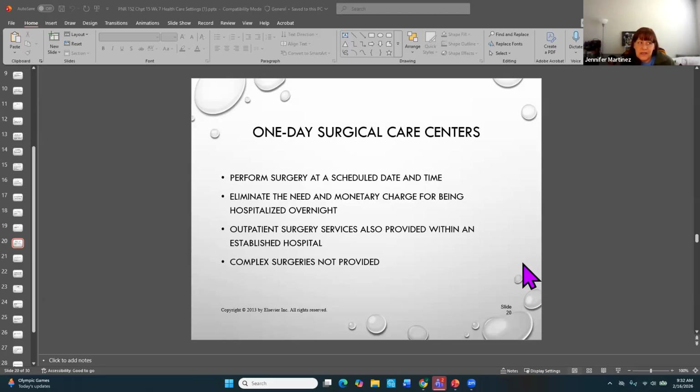It can be within a hospital as well. If you go to a hospital, you may see two different types of surgeries: outpatient surgery and inpatient surgery. With outpatient surgery, you're going to go in, have your procedure, and at the end of your procedure, you're going to go home. With inpatient surgery, you're going to have your procedure and then go to a unit. You're going to stay either overnight or maybe a day or two, depending on the procedure, before you go home. So you can see one-day surgery centers in a hospital or freestanding. It just depends on how it is set up.